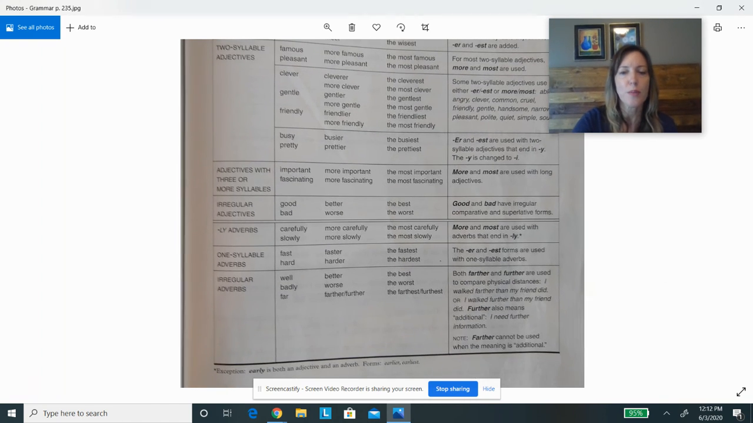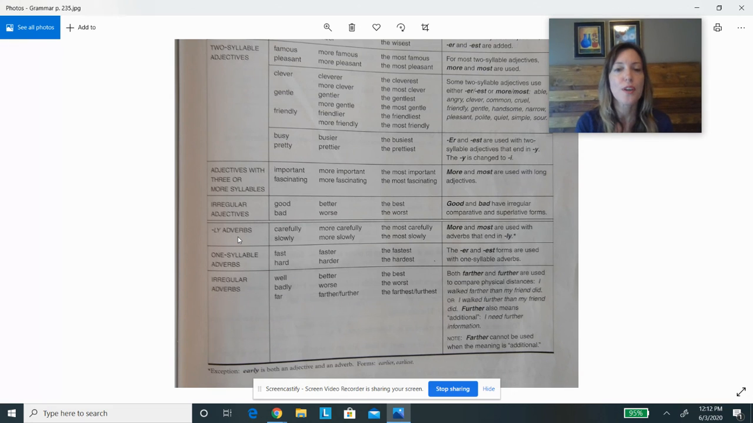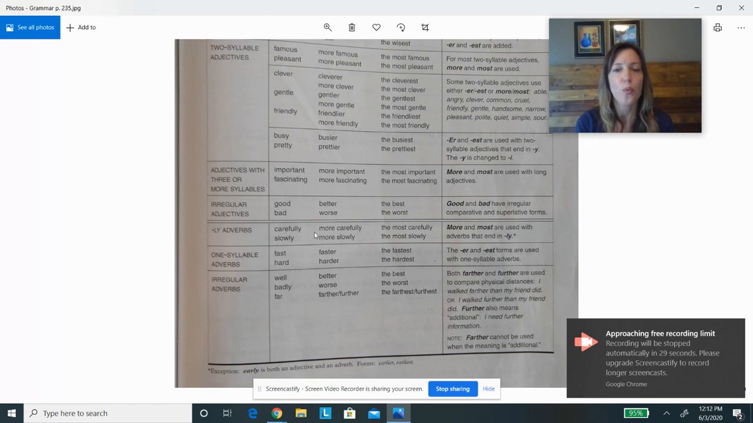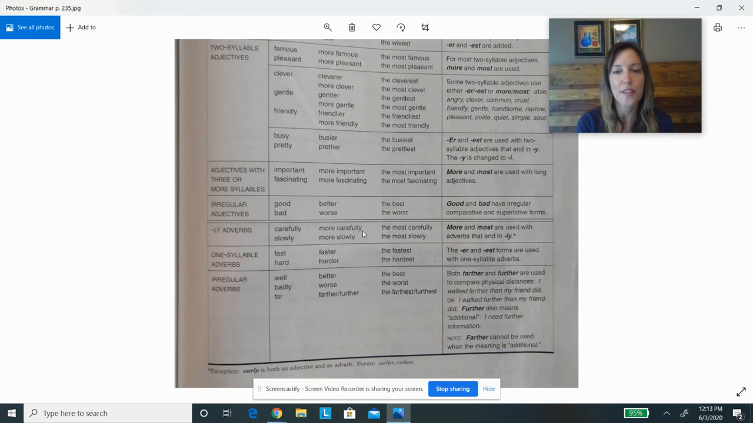All right, and finally at the bottom, we're down to ly adverbs. Remember, adverbs modify verbs, not nouns. So we kind of have just a few rules for adverbs. Usually you just add the word more with the adverb. Carefully becomes more carefully. Slowly becomes more slowly. Now, if the adverb is one syllable, they are used with ER. And then we have irregular adverbs, just like we had some irregular adjectives. Well becomes better. Badly